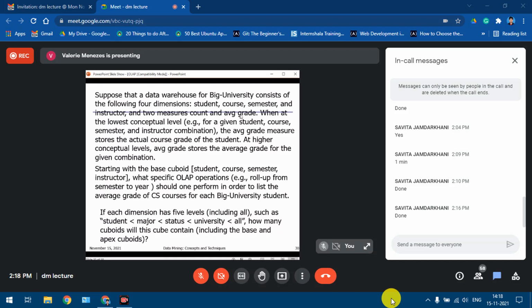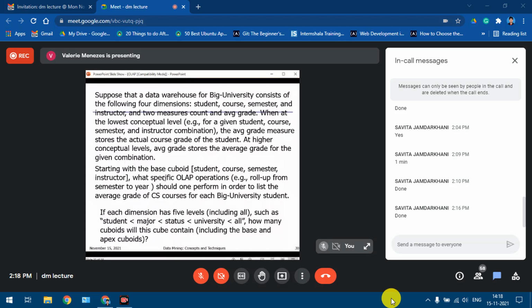Now, at the lowest level, for a student, the average grade basically stores the actual grade of the student. So the information given to you all is that at the lowest level, the average grade represents the actual grade of the student, and at the higher level it represents the average grade for a given combination.